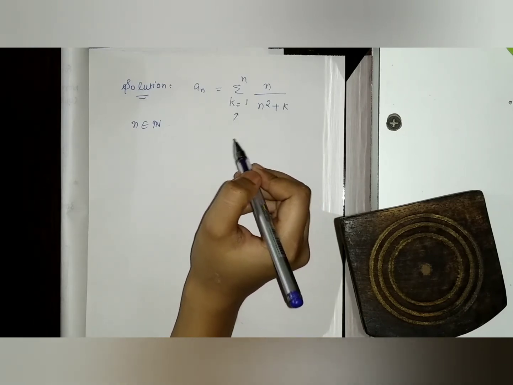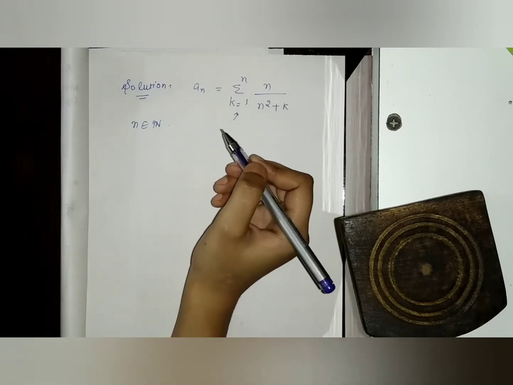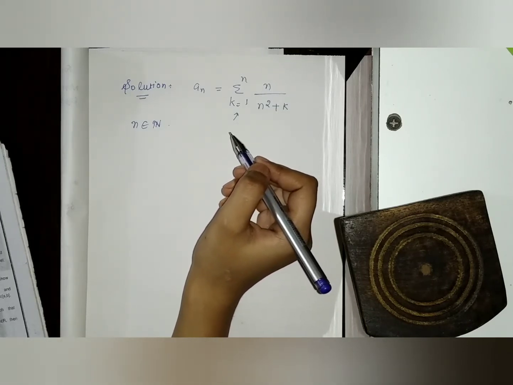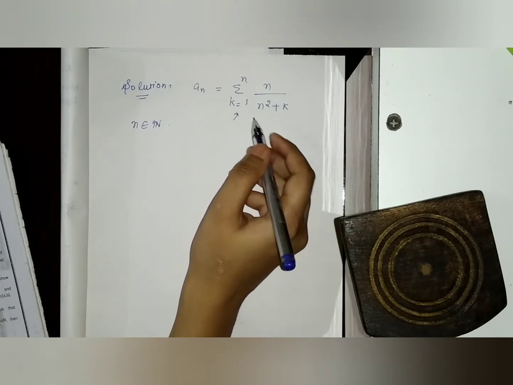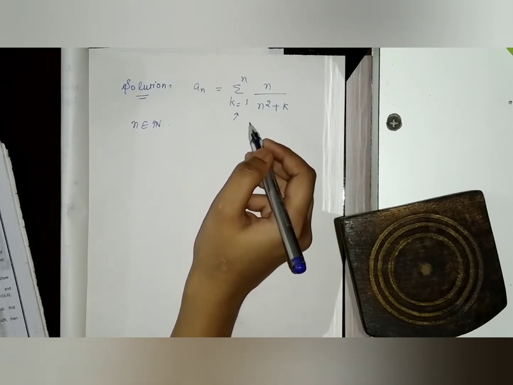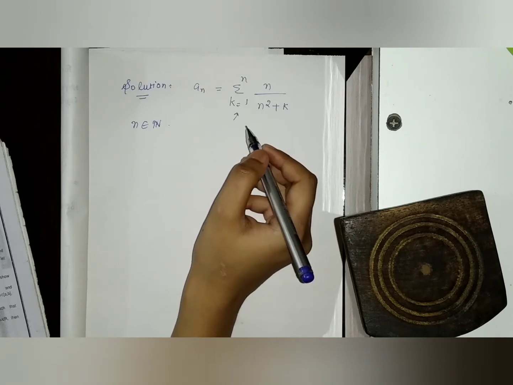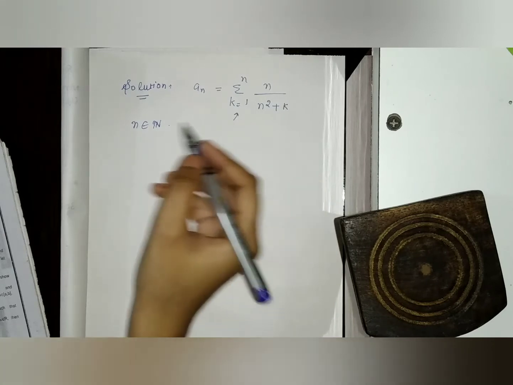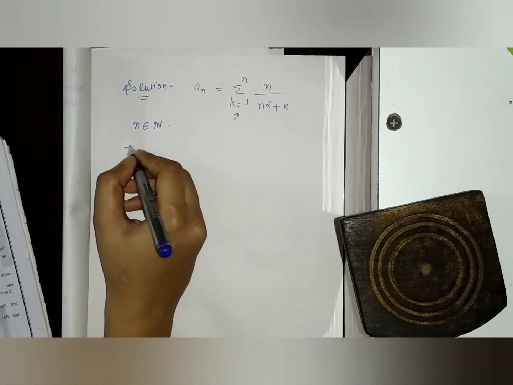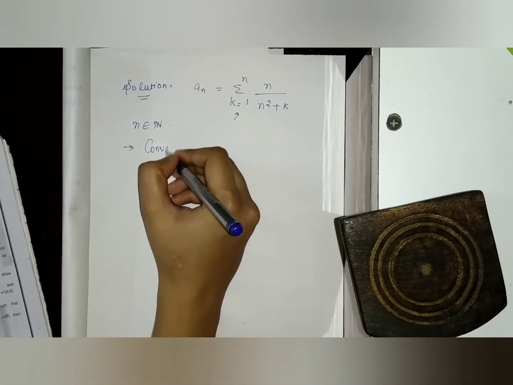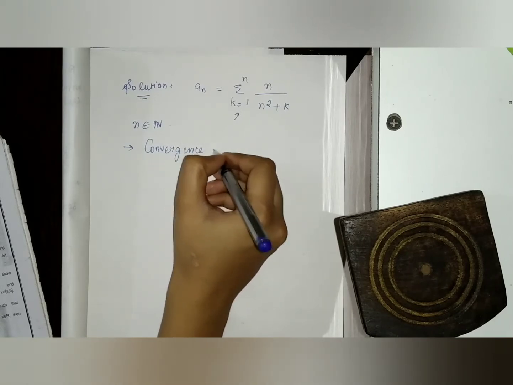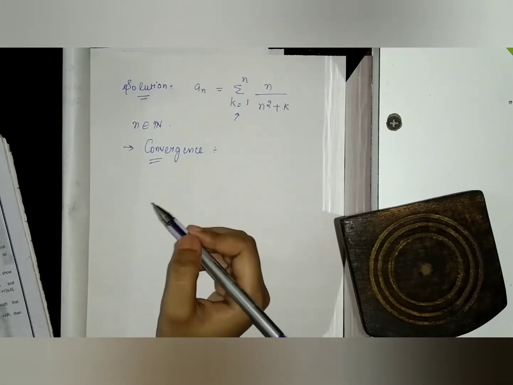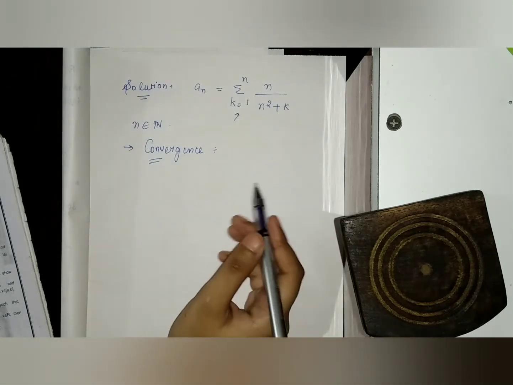So we have to find whether it is convergent, bounded but not convergent, diverges to infinity, or neither bounded nor diverges to infinity. So we have to check these things. First of all, let us check the convergence, because every convergent sequence is bounded. So if it is convergent, it is going to be bounded. So according to the options we have to proceed. First of all we are checking the convergence.